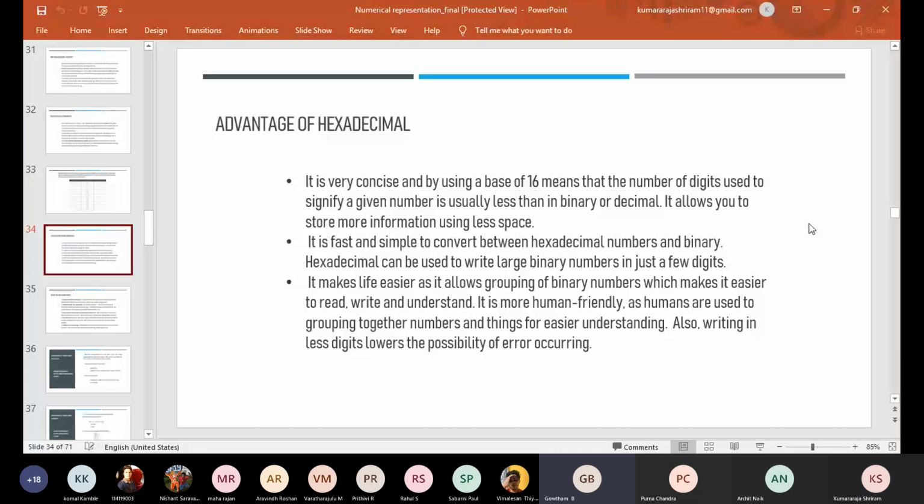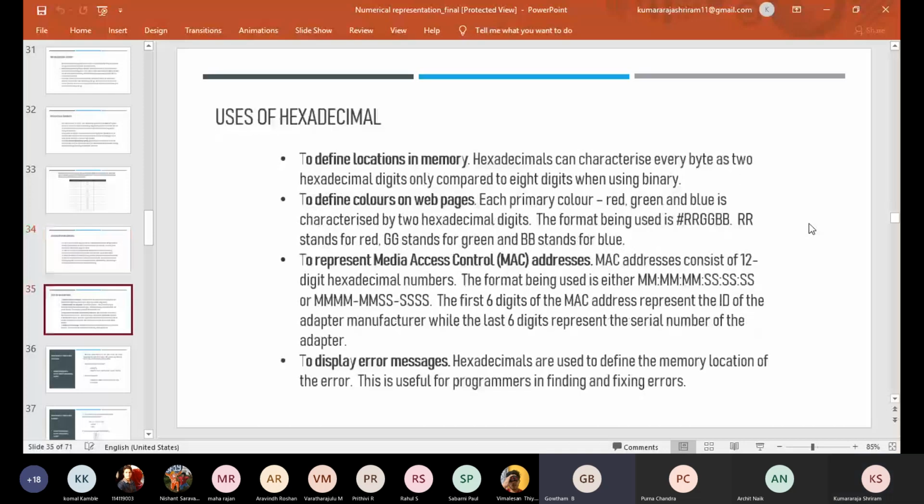Now moving on to the application part of hexadecimal. Kumar, move to the next slide, please. So